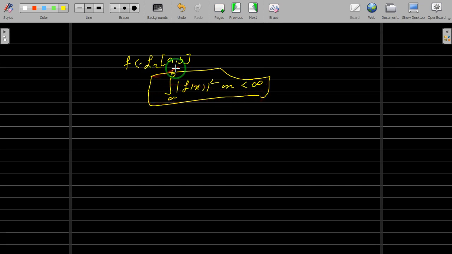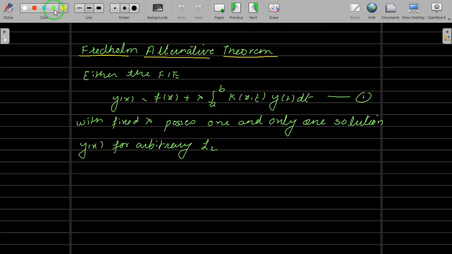On this class you can define something called an inner product. On that class you can define something called a norm. Then you can see whether it's complete. If it is complete under the inner product, then it's called a Hilbert space, and if it is complete under this norm, it is called a Banach space. All these things you will learn in functional analysis, so let me not go into that. So just check what these L2 functions are. Yes.